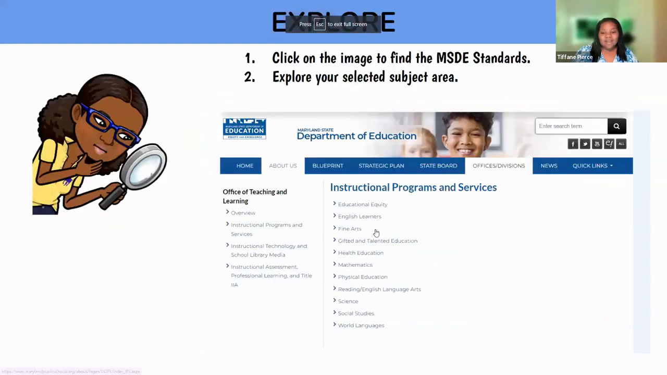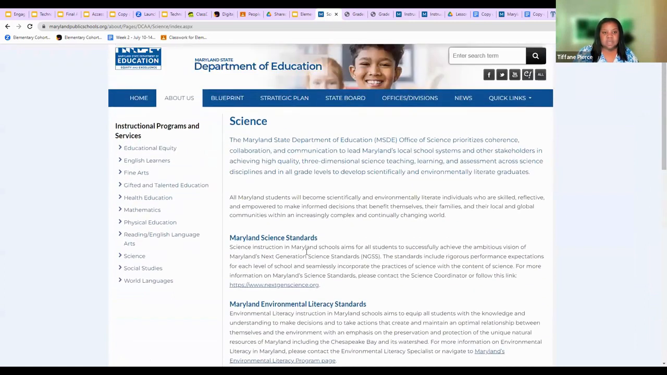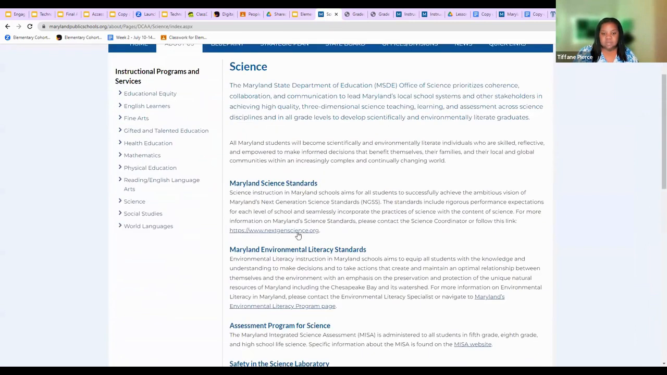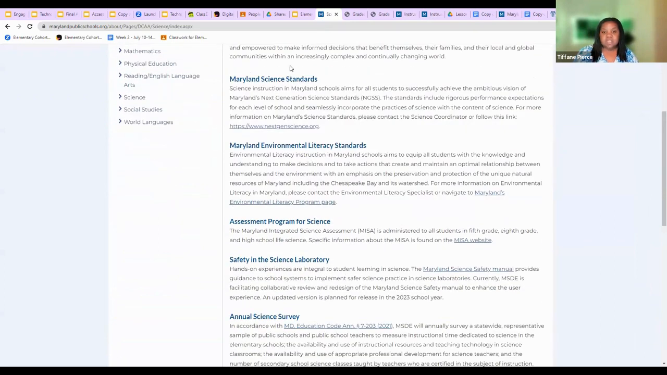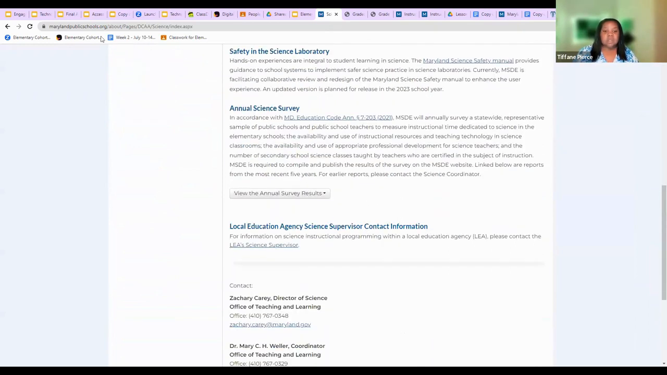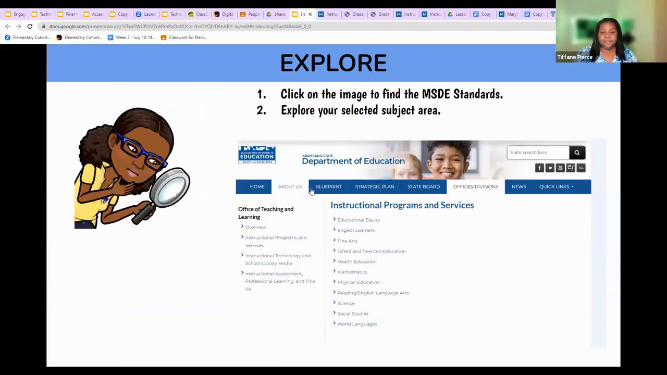Let's keep going. Oh, you know what? Thought I should do science as well. So you're going to scroll to science. And then for science, you're going to need to make sure that you select the science standards that match what it is that you are teaching. So we have Maryland Science Standards, Environmental Literacy Standards, and make sure that you select the appropriate one. Now,